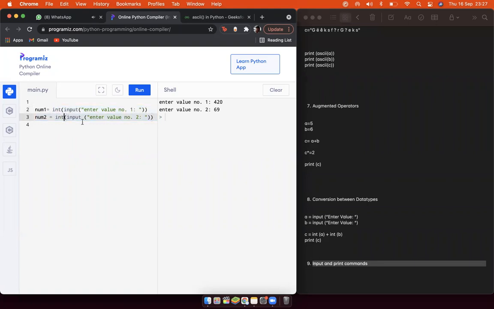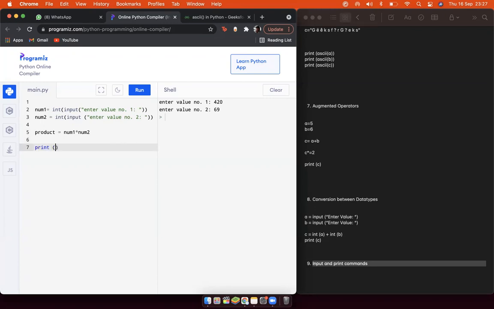So instead of this int over here, we can also put a float, or a character chr, because that's the data type that can be changed. So num1 and num2, we've asked the person to enter values. Then the question said to find the product of these. Product just means multiplication, the answer if you multiply them. So num1 into num2, you write this. So now product will have the value of the product of num1 and num2.